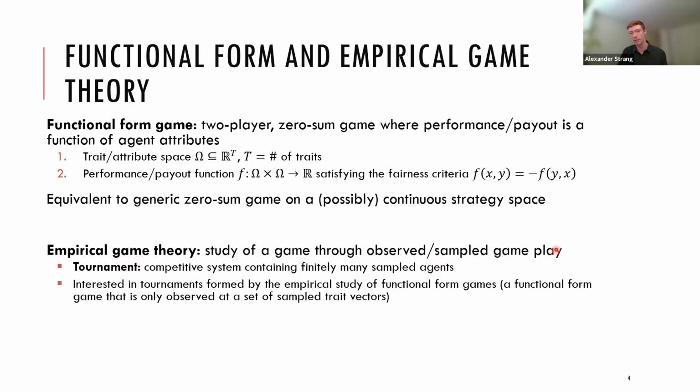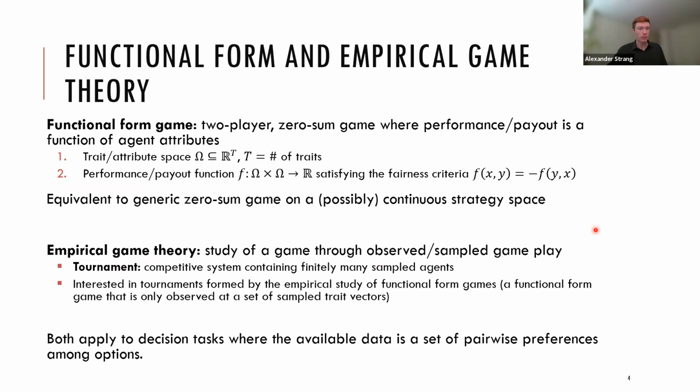observed or sampled gameplay. Empirical game theory has somewhat different goals than classical game theory, because in the empirical setting, you're really focused on characterizing a game as it is actually played by the players playing it. So you have some population of agents who play the game, rather than trying to find some idealized or optimized agent. All right, so that's essentially the domain, the topic that we're going to be trying to address with this